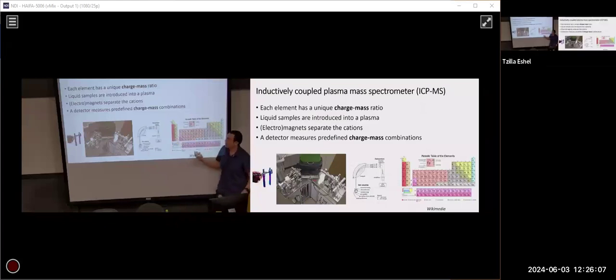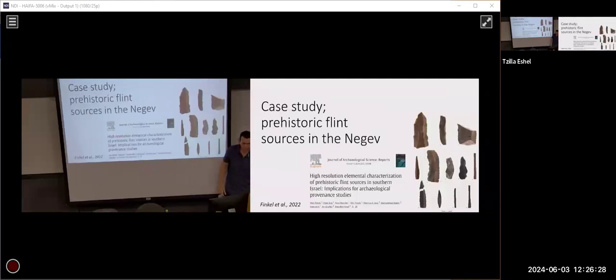And the machine does it based on a specific relationship between charge and mass, okay? Because each of these atoms, each of these elements has a different mass and a different charge, the machine can separate them based on the magnetic field that it generates. Okay, so after having this introduction and this basic idea of what we're trying to do, let's look at the